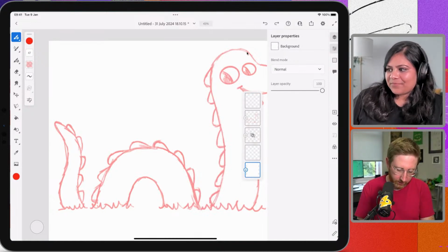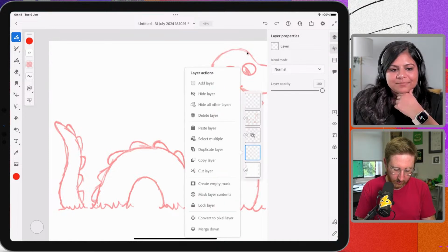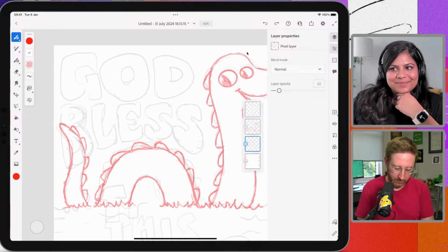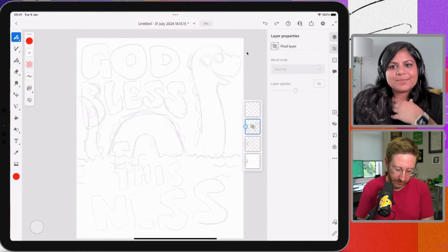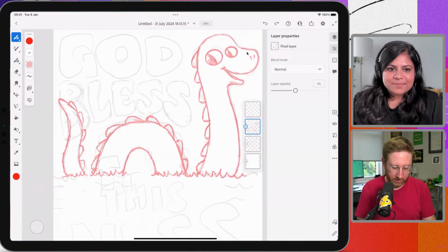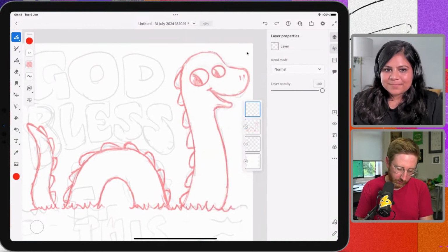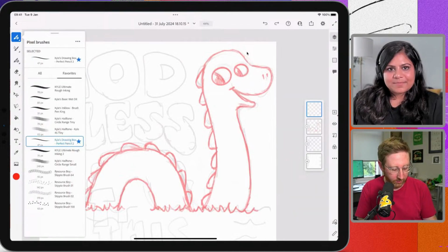Yeah, very little on this one. So we've just got the background layer, which is just white here. And then, I don't know what that layer is. Maybe just a rogue layer there. I think we can delete that. And then we had the sketch. That was literally just a quick sketch that I did here in Fresco, just trying to get a rough layout together so I can start forming the design. And then we've got the tightened up sketch. So this is going to be the basis for the line work. And then right now I'm just going to do a new layer, and this is going to be the actual line work layer. So I'm going to find a bit of a tighter brush here.